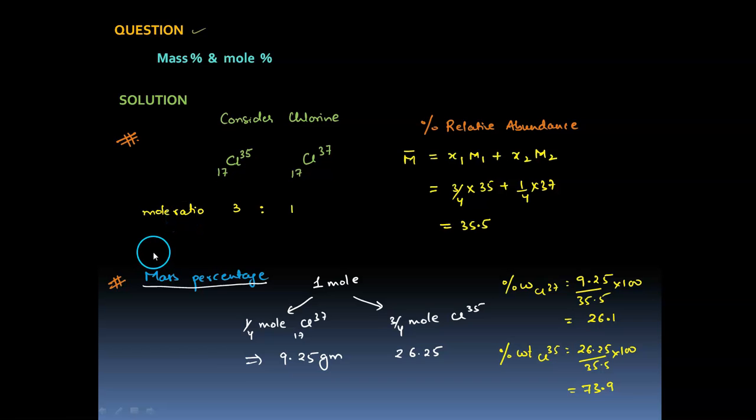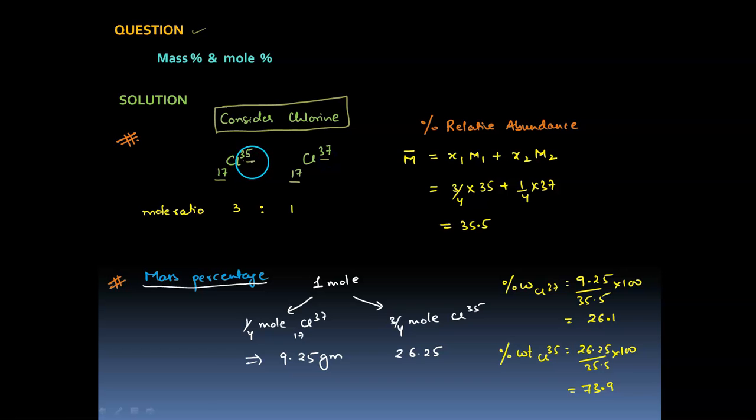Here in this video we deal with a very simple concept of mass percentage and mole percentage in an isotopic composition. Now what does that mean? Let us say we talk about chlorine. Chlorine is present in the form of two isotopes. Isotopes have the same atomic number but different mass number,